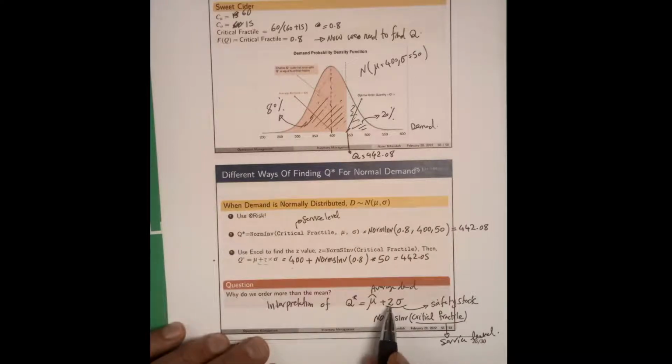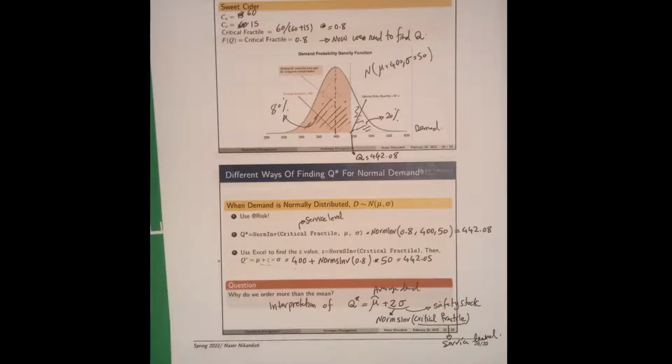All right. So your ordering quantity has two components. One is average demand, mu. The other component is Z sigma. That is your safety stock. Safety stock is a function of two factors. One is amount of variability in demand. By increasing variability in demand, or sigma, you have to carry higher safety levels, safety stocks. All right, that makes sense intuitively. The other factor that dictates safety stock is your service level. How much of a service level are you willing to provide for customers? Higher service level means that you have to carry more inventory and more safety stock.